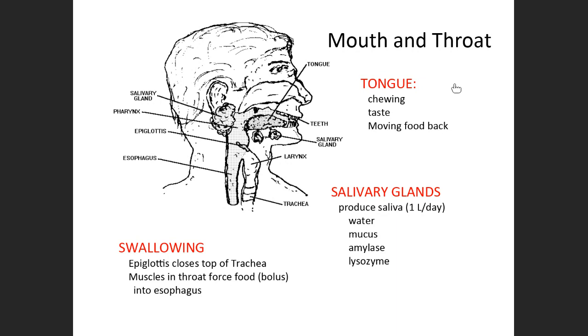When you push the food near the back of your throat, it touches certain cells in the back, and that causes your body to swallow. And when you swallow, the top of your trachea has a little flap on it. It's called the epiglottis. When you swallow, the epiglottis closes the top of the trachea, so the food that you're trying to swallow doesn't go down into your lungs. Instead it is forced into the other tube, the correct one, the esophagus, so that it goes properly down into your stomach where it's supposed to go.